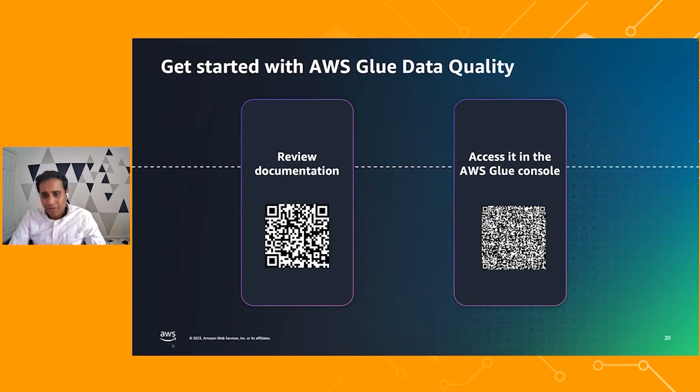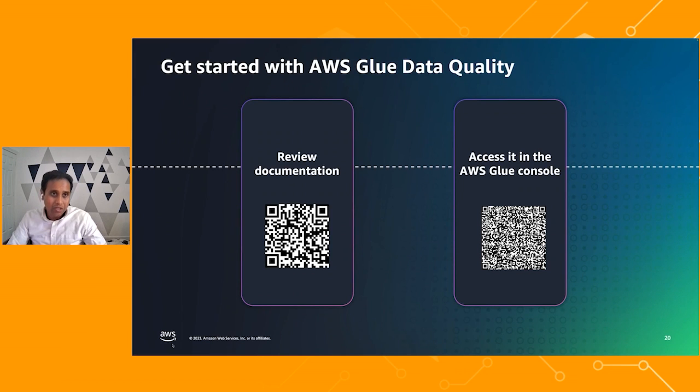So far, you've been with me and you've learned about data quality and how this works and how you can actually use Glue Data Quality from a catalog and ETL perspective. You've also understood why Glue Data Quality is different, why serverless matters, why scalability matters, why openness matters, and why you shouldn't be managing your own infrastructure. Instead, focus more on writing rules and managing the quality of data.